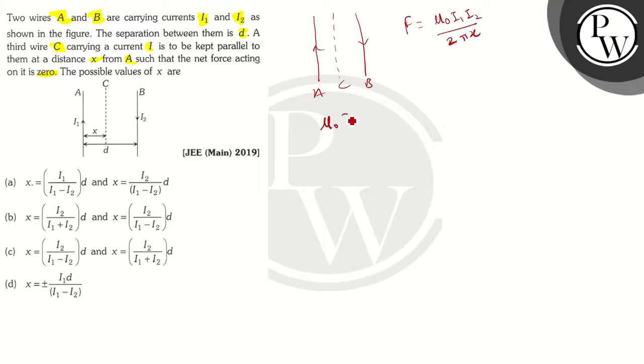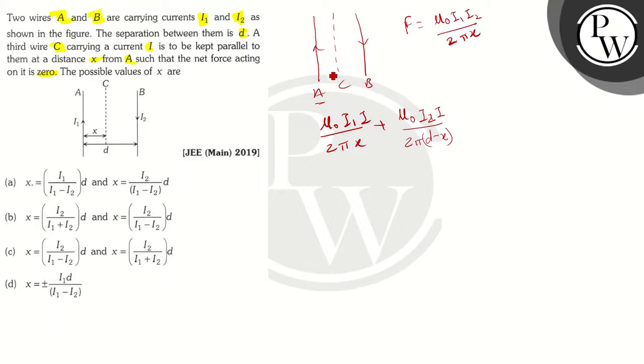So we will get mu naught I1 I divided by 2 pi x is the force due to A plus the force due to B is going to be mu naught I2 I divided by 2 pi (d minus x),